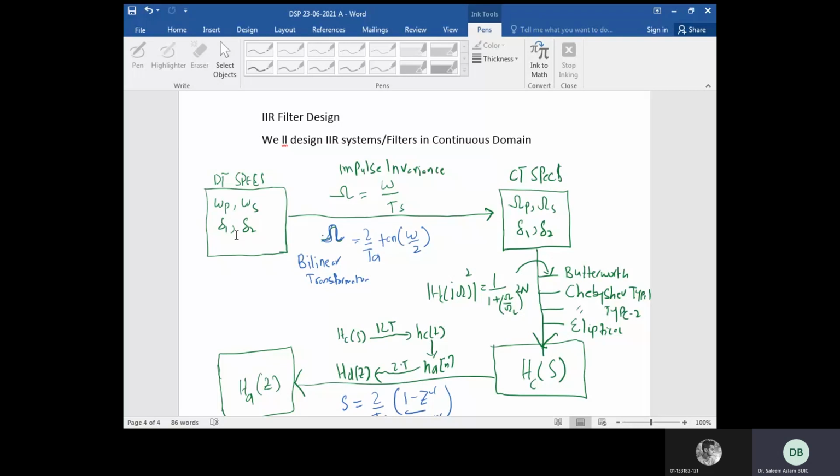So there are two schemes. One is known as impulse invariance, the other one is known as bilinear transformation. MATLAB is using bilinear transformation, and in दोनों में अगर कंपेयर किया जाए तो bilinear transformation is better. But keep in mind, if you are moving with bilinear transformation, green part, you are coming back with bilinear transformation. If you are moving with impulse invariance, you are coming back with impulse invariance. But if you are moving with bilinear transformation, blue part, then you are coming back using blue part, bilinear transformation.